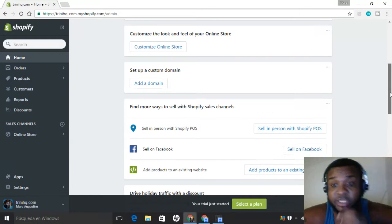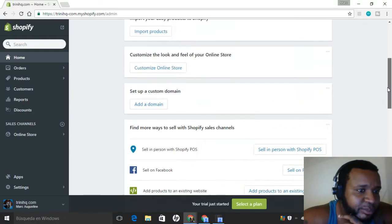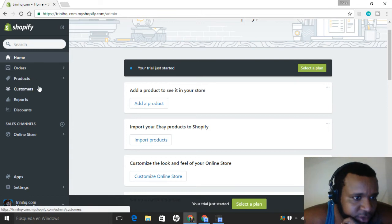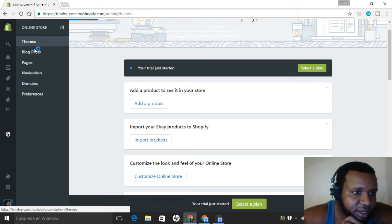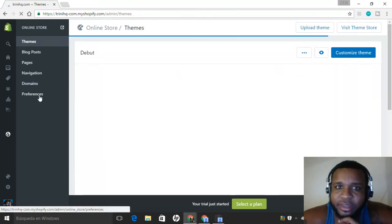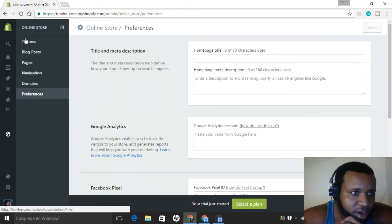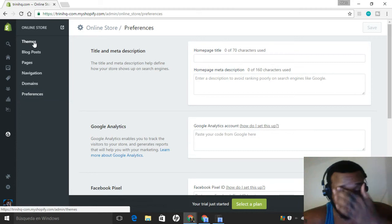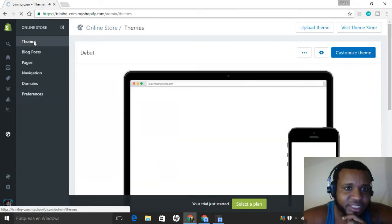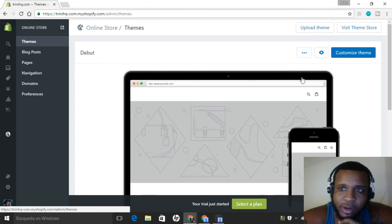This is the first time I'm doing this. I haven't looked back at the training to figure out how to build this store, so be a little patient. Order, product, online store, blog pages, navigation preferences. I'm guessing this is where I find the themes. Sweet. No themes. So I'm trying to choose a decent theme here. I chose a cool theme before,